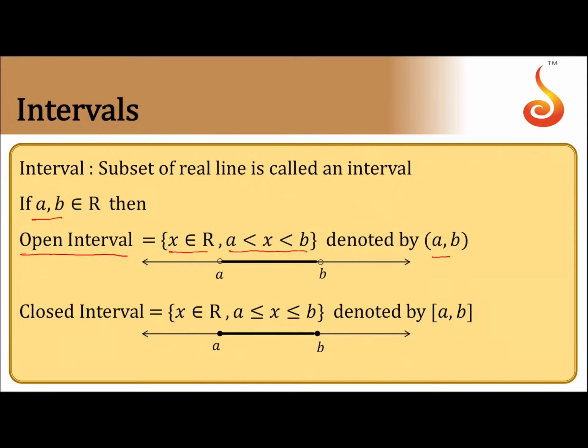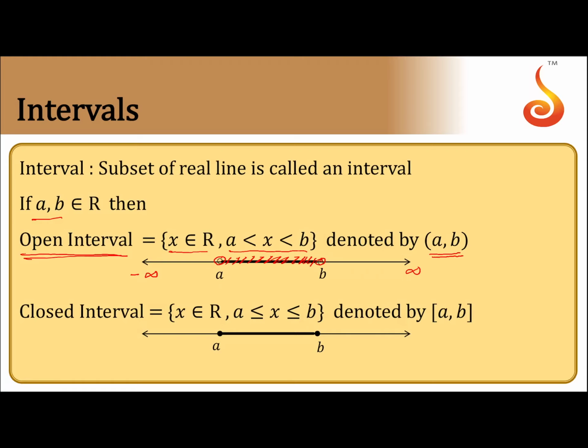Denoted as (a, b) like this, and geometrically it is represented as the diagram on the number line a to b. All the numbers between a, b, the set of all real numbers between a, b excluding a, b, is called an open interval.